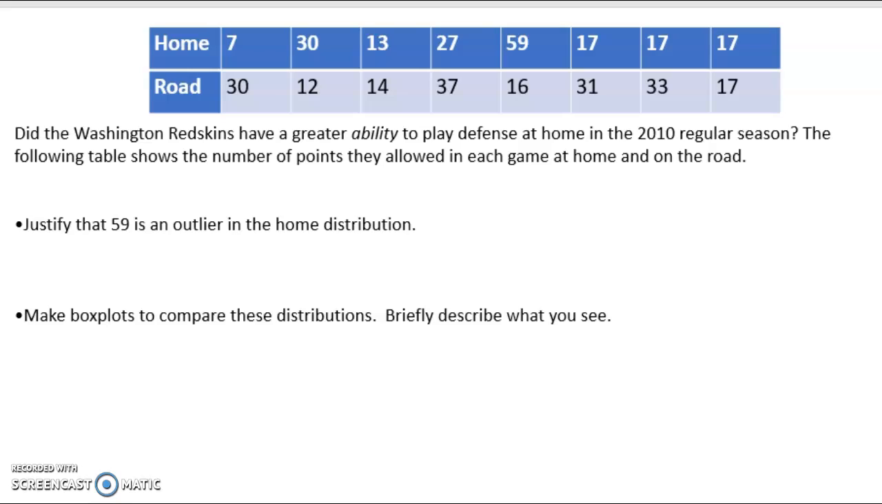All right, welcome back to part two, 5.2, difference in medians. Let's go through another example here. This is going to get a little bit interesting, a little different than what we've done before. Did the Washington Redskins have a greater ability to play? All right, so we've seen this before,